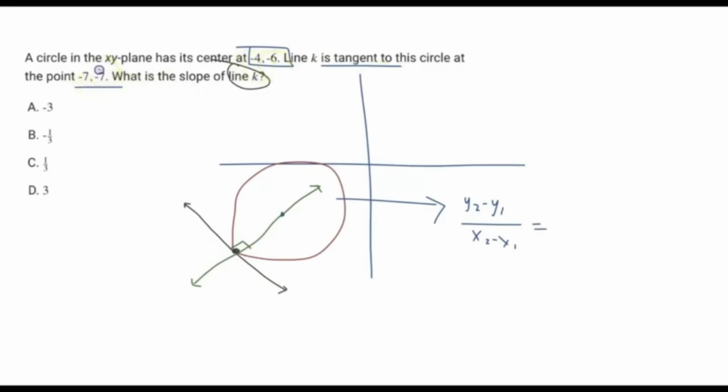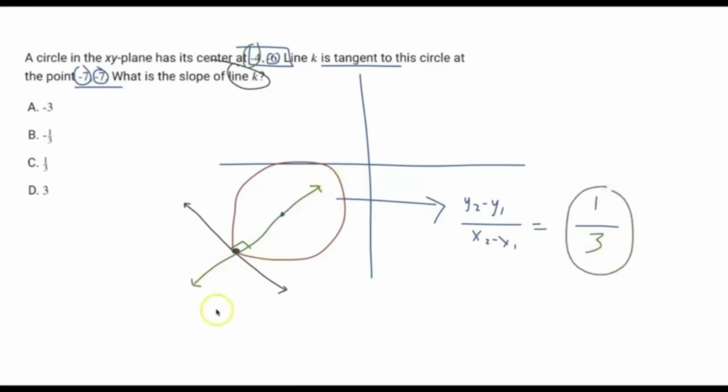And so the change in y, which is -7 to -6, that's a change of +1. So +1 on top. Now the change in x, so we're going from -7 to -4. That's an increase of +3. And so we know the slope of this line is 1/3,